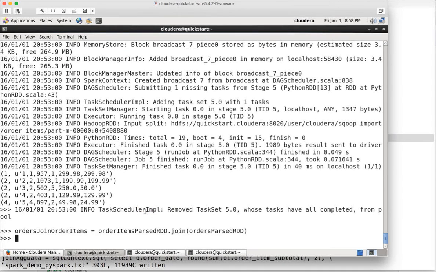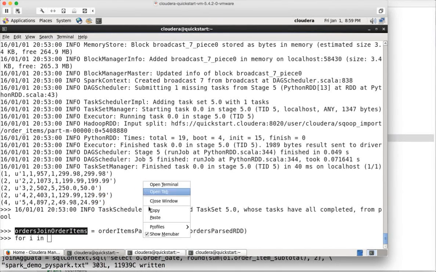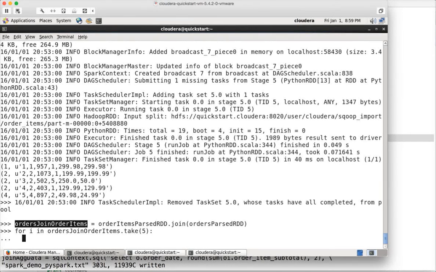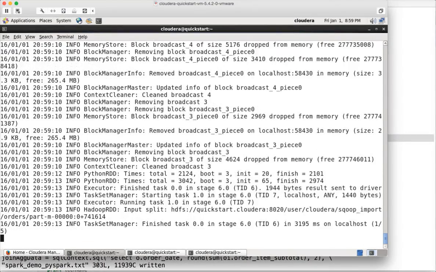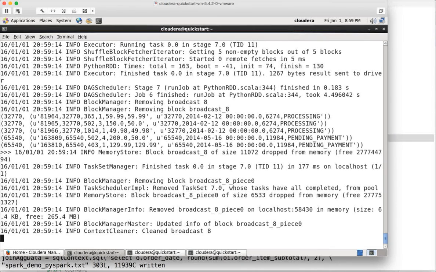Paste, and now the data set is joined. Again, I will recommend you to validate so that you understand how the data is represented as part of the output. For i in, copy, paste, dot take 5, print of i, and hit enter. If you see, join is a little bit expensive operation and it took some time, and you can see that now this